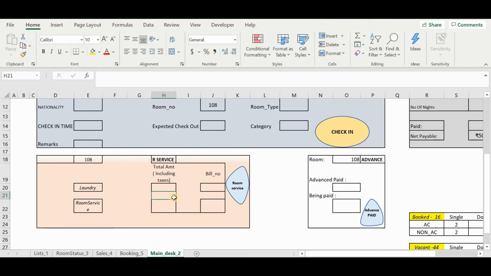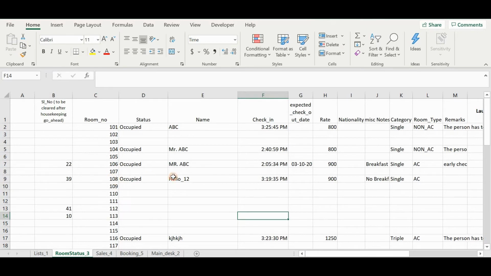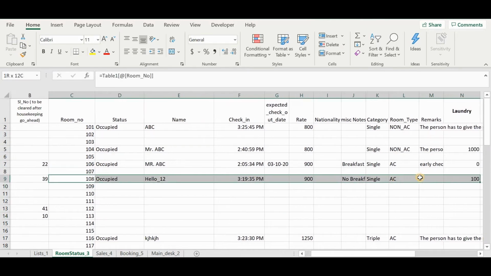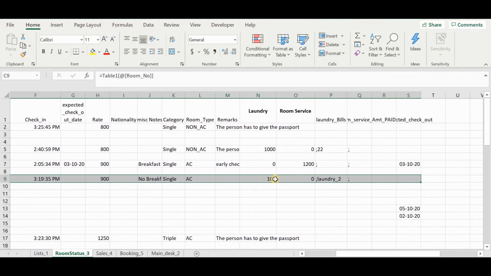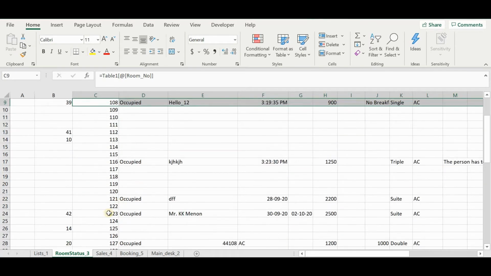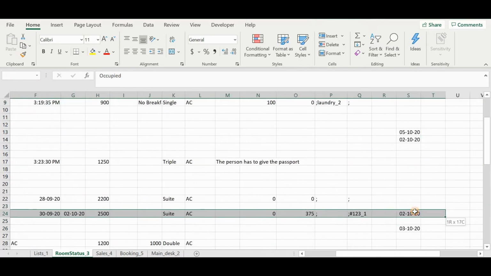Now, if you want to see what has been the entry, you can come to room status and let's check 108. There you see 100 laundry underscore 2 has been added already. Similarly, for room number 123, this has also been added: 375, 123 underscore 1.